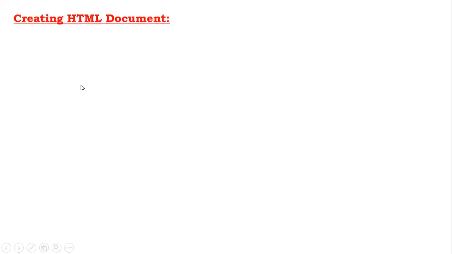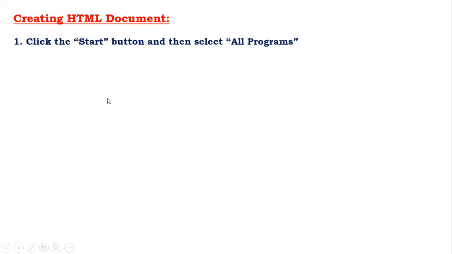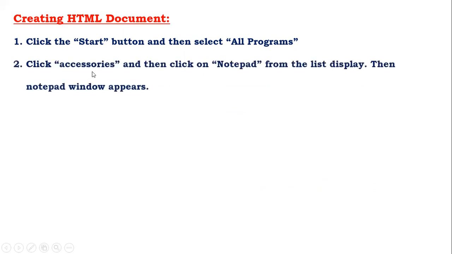Next, creating an HTML document. For creating an HTML document, we need to open the Notepad application. Most of you are aware of how to open the Notepad application. First, you need to click on the start button and then select all programs, and then go to accessories and click on the Notepad application from the list displayed.